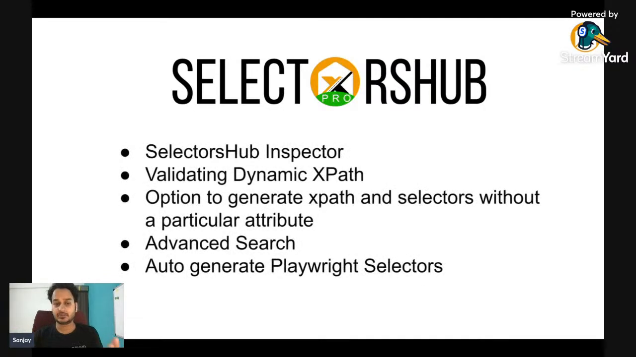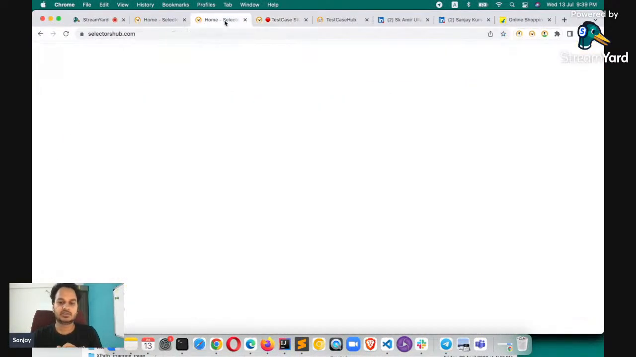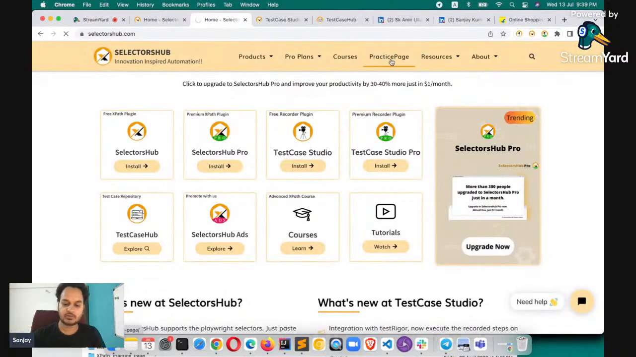So first thing is of course the new UI. Then the very first feature, SelectorsHub Inspector. This is a really great feature. Let me show you how. So, you know that today, if you open SelectorsHub,